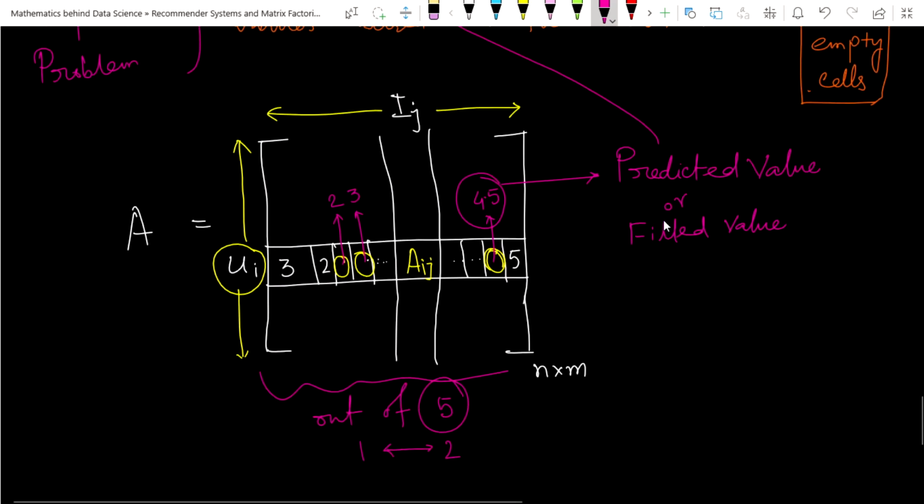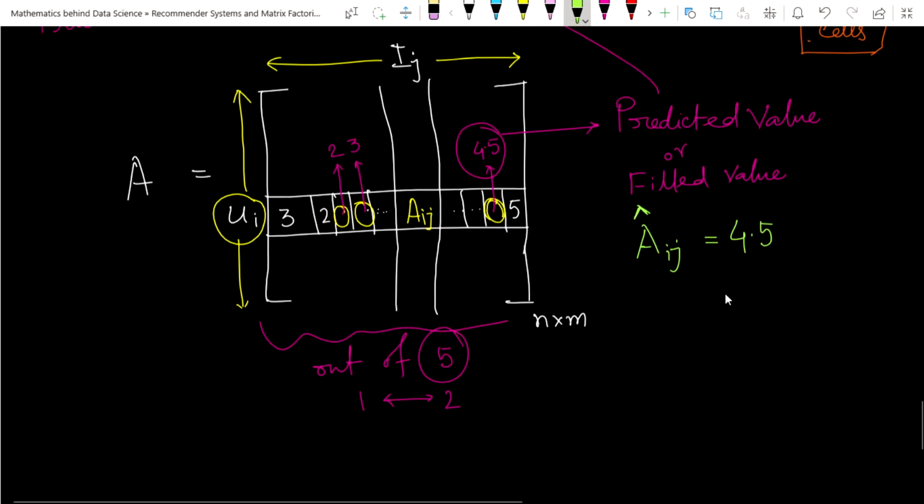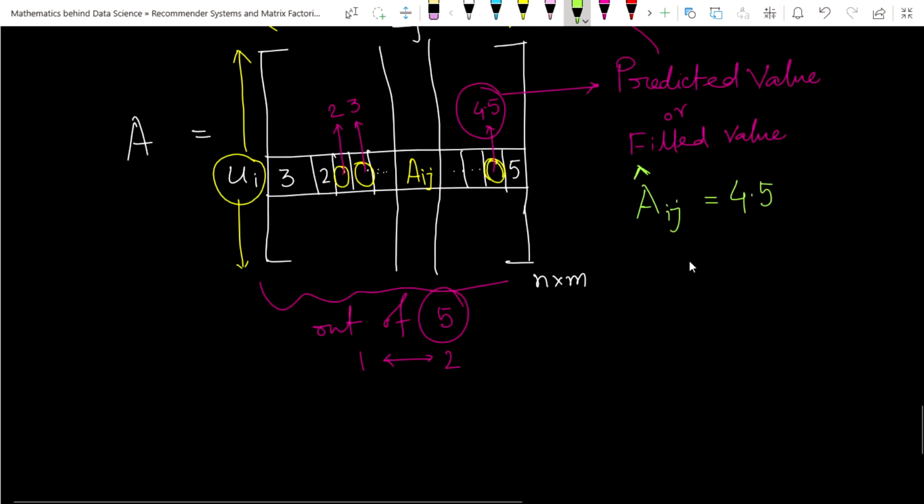The filled value we have already seen, and in machine learning it is generally denoted by A hat. The predicted or filled value, we denote it by using this hat symbol. So here this hat value will be 4.5. If we get this filled value, this predicted value, I mean A hat ij,